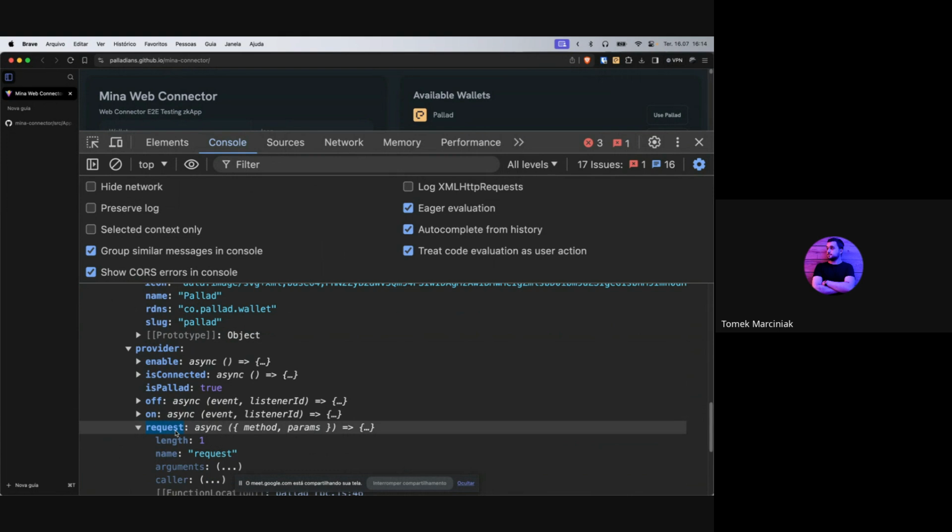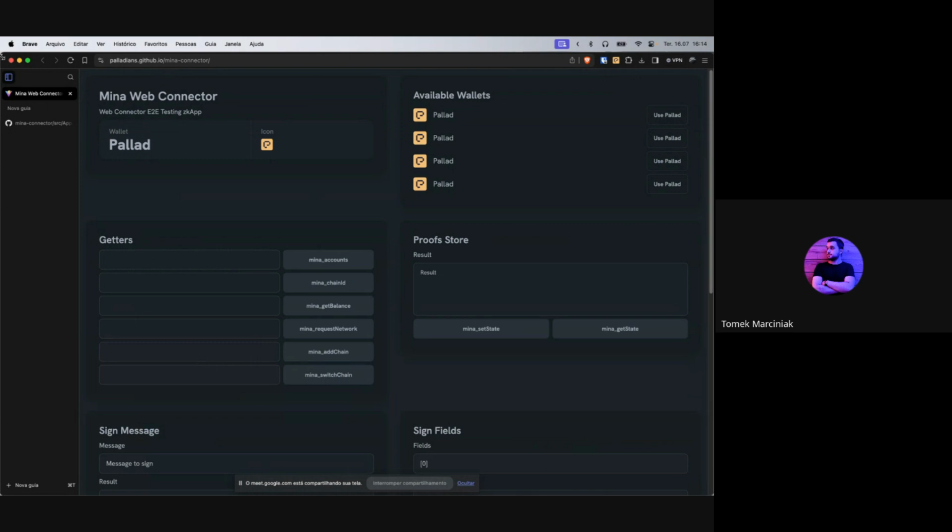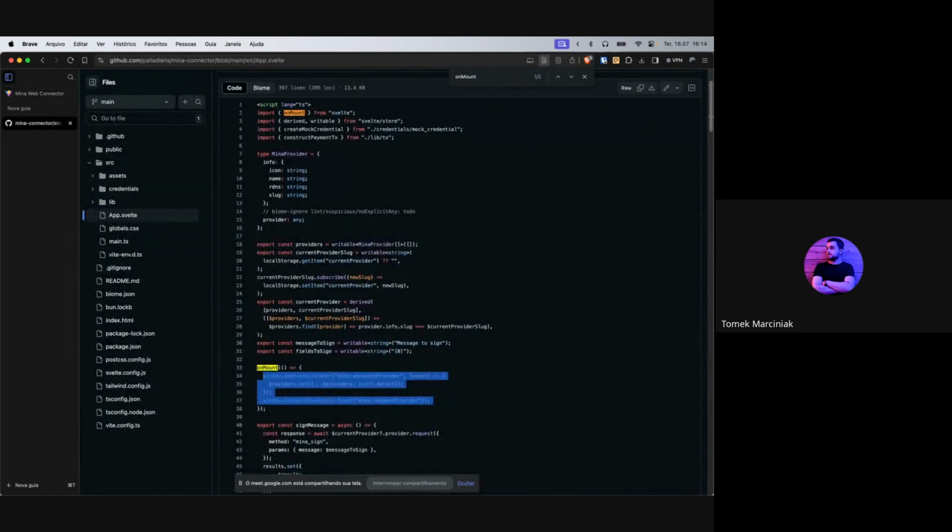And also, we are making good progress on the public credentials and attestations APIs for our web connector. So I hope it will be released soon after the mainnet launch of Pallad to, for example, comply with different ZKKYC-based DEXs. So yeah, this is the wallet connector interface. And moving back to our presentation,